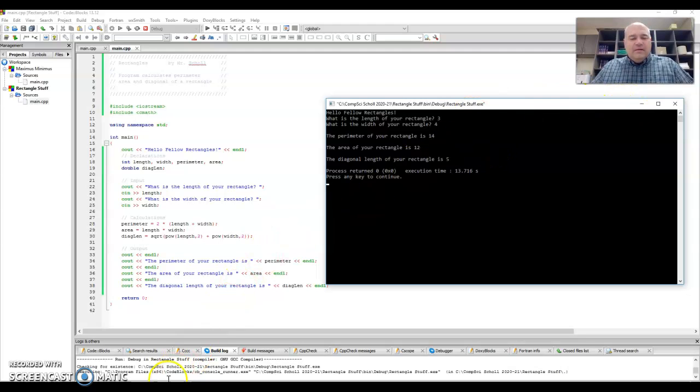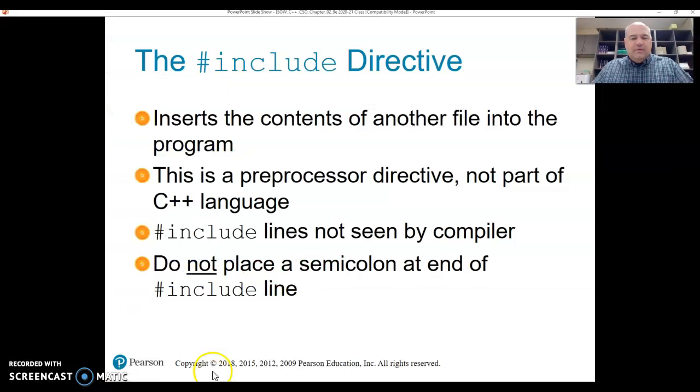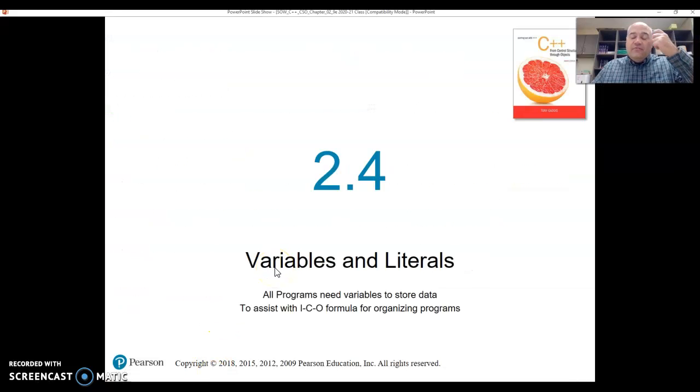All right, so let's take back, that's enough about the include. Let's take now a look at the next piece. So let's jump back and let's talk about variables and literals. All right, so you saw in that project there are some variables and there are literals. So what are they? Well, variables are going to be